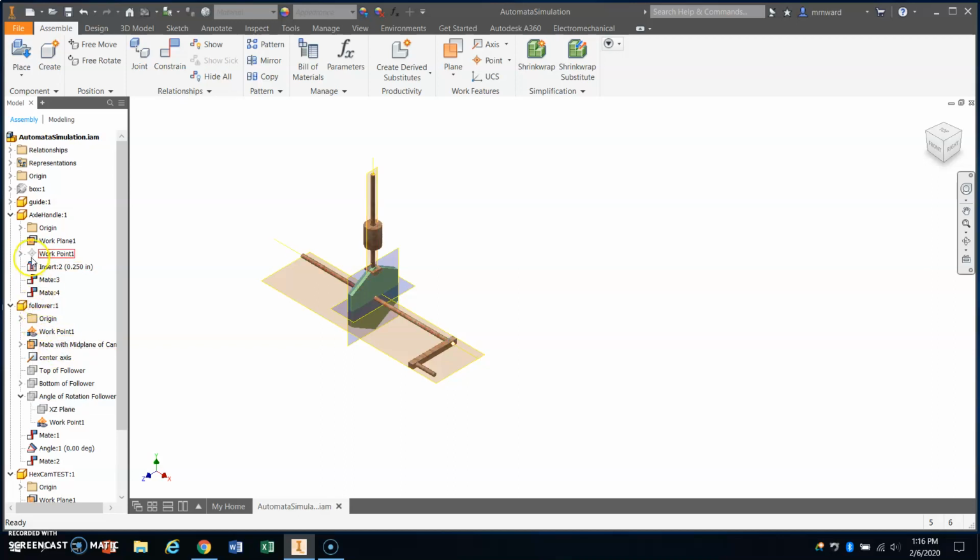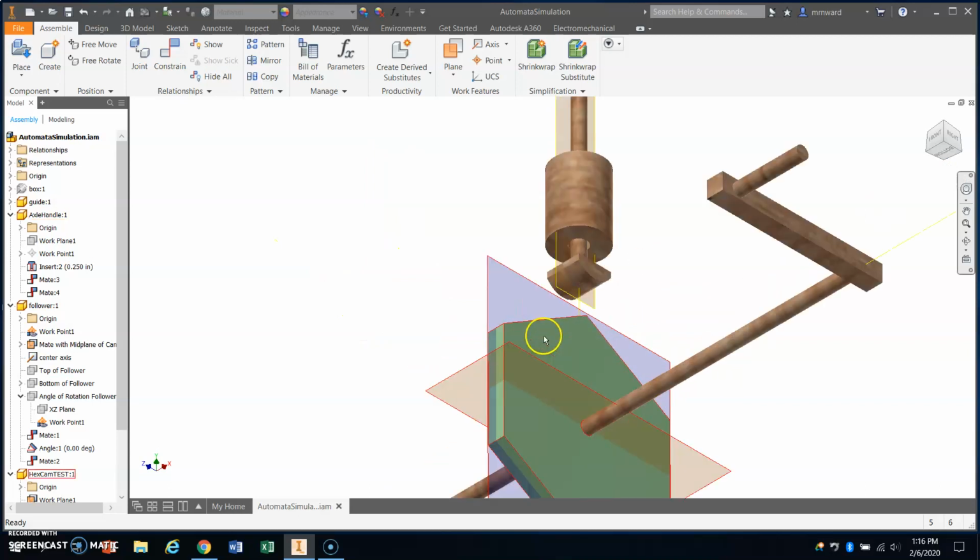So I selected the wrong one, and I'm going to turn off that work plane too. Alright, so I'm going to pull the handle up, or the follower up a little bit, come over here to the view cube, go to the bottom, zoom in,